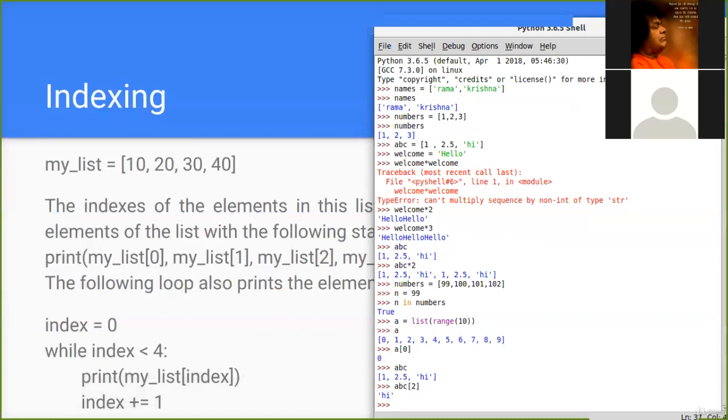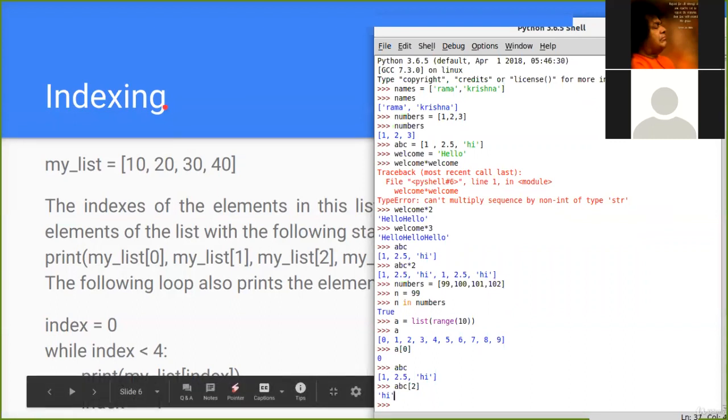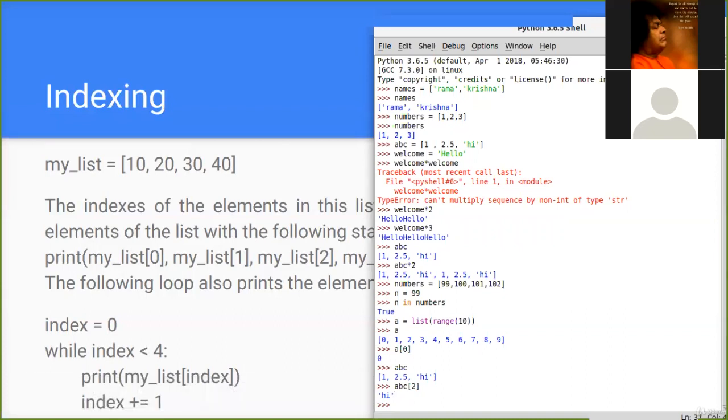So all you need to remember is make an analogy with the index numbers that you have inside a textbook. It would actually mean what page, what chapter is present. So inside a list, it would mean at what position, what number, or what variable is present. Okay, so let's move on